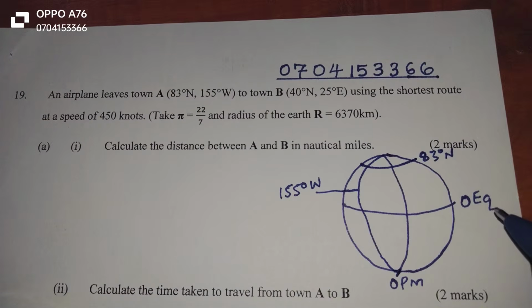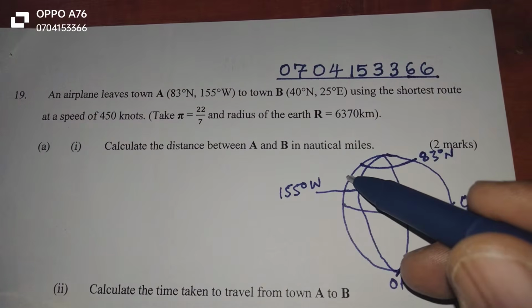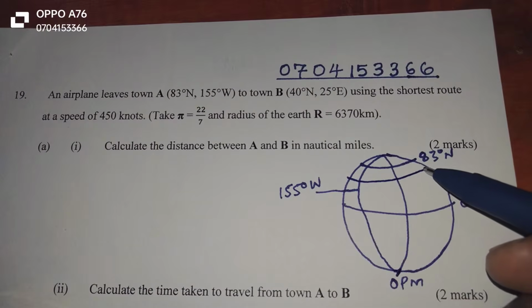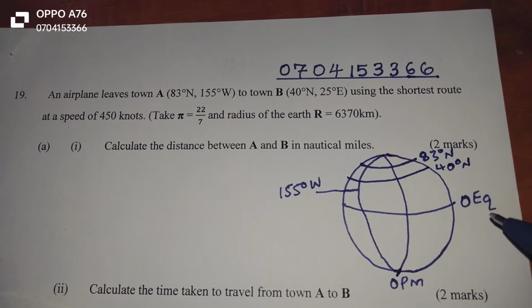Then we have another town called B, 40 degrees in the north. So still on the northern hemisphere, 40 degrees north, and